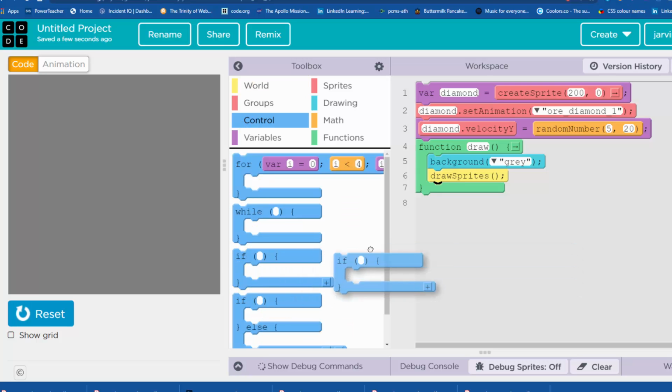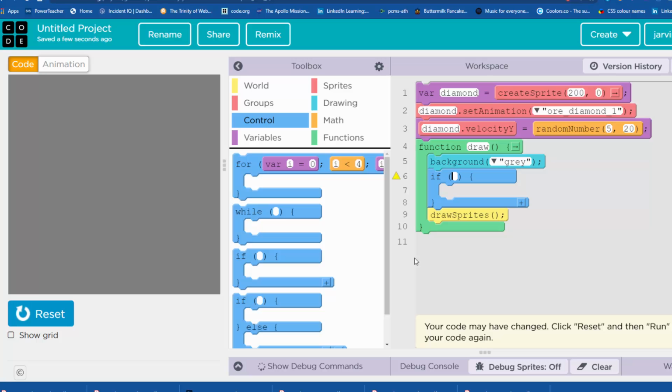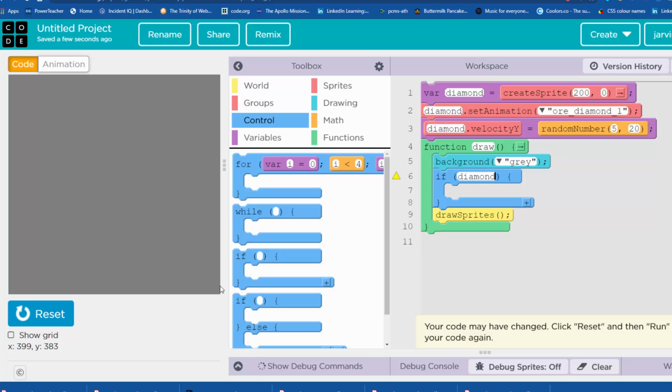We're going to have to use an if. And let's think about what we're checking. What's always changing here on the diamond? Well, I think it's the y coordinate, right? It's falling down the screen. So as it falls down the screen, the y coordinate is always changing. So I'm just going to type this in. I'm going to say if diamond.y